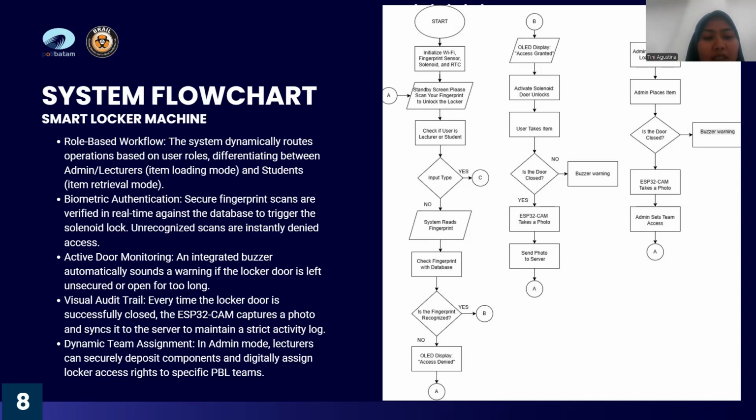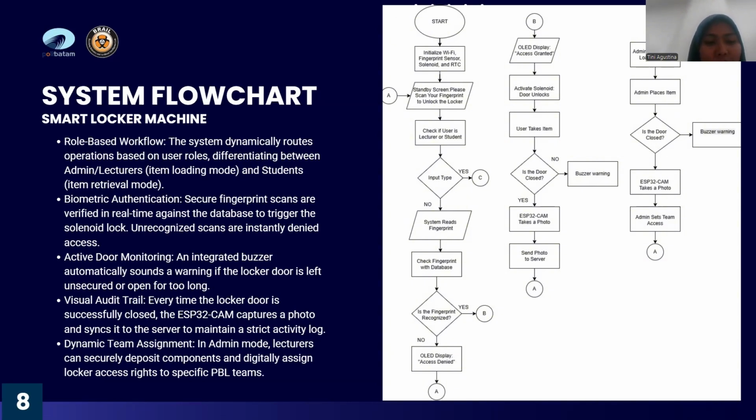Active door monitoring: an integrated buzzer automatically sounds a warning if the locker door is left unsecured or open for too long. Visual audit trail: every time the locker door is successfully closed, the ESP32 can capture a photo.